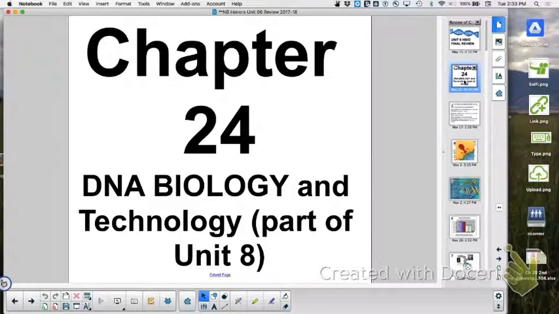DNA structure, I'll give you that, you can read how it's found, alright? So you have the phosphate group on the side. You have the phosphate group with the nucleotides, which was